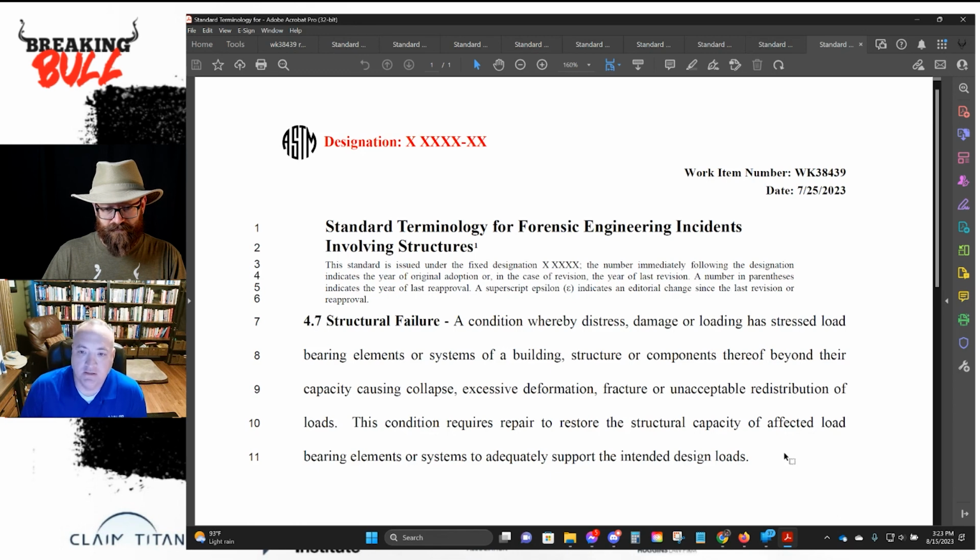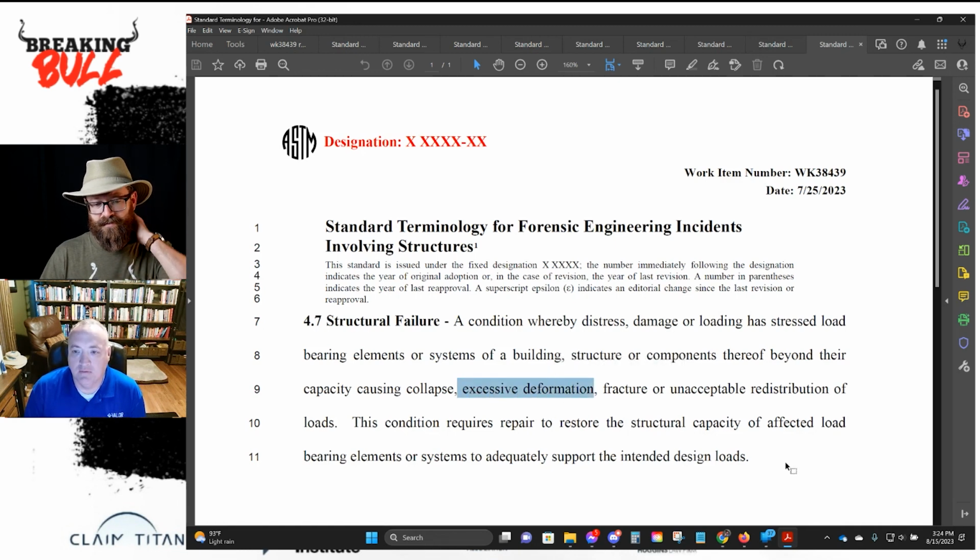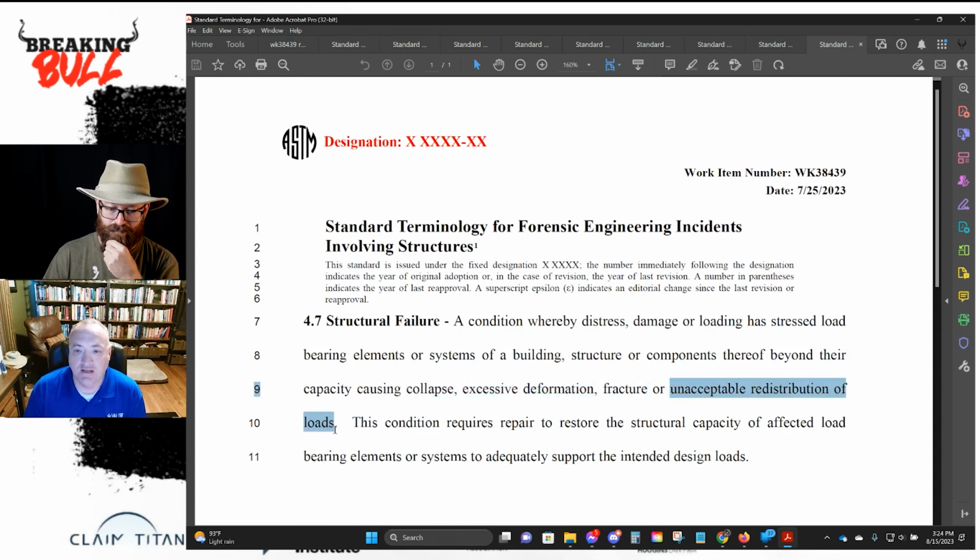In this one, they're actually fairly clear that what they're talking about is it being the frame. And I think that's better than what some of the other definitions are there. There are some things that I think are kind of ambiguous in here. Excessive deformation. Well, I'm not sure exactly what excessive deformation is. Is that saying that it's deformed more than what the code would ideally allow, or are they saying it's something different? Unacceptable redistribution of load. What does that mean? That's a fairly open-ended term, a fairly generalized term. And that's where I see that there's kind of some of these challenges being done.